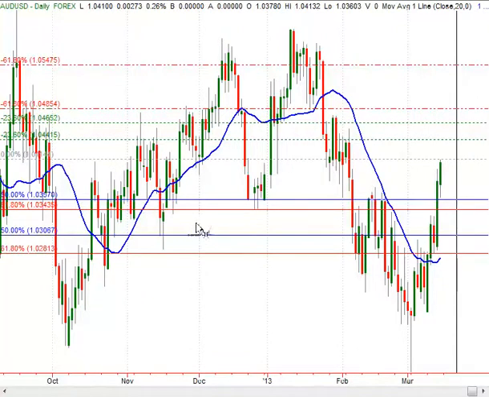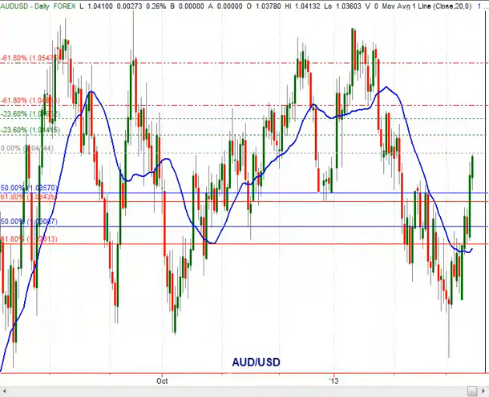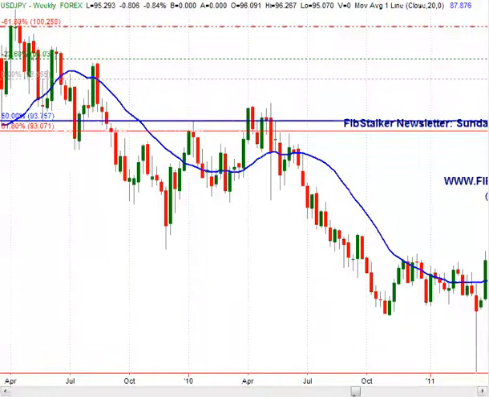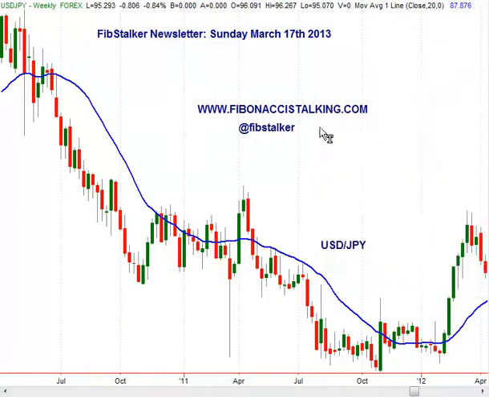start of the week for the dollar, in which case we could go down into 103.10 and then a continuation higher. But this chart is actually bullish on the monthly, on the weekly, and also on the daily at the moment. So this is it for the FibStalker view on currencies for this week. I think there are very good opportunities on the Canadian dollar as well as the Australian dollar, and I wish